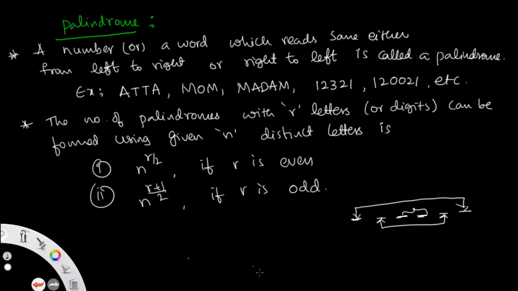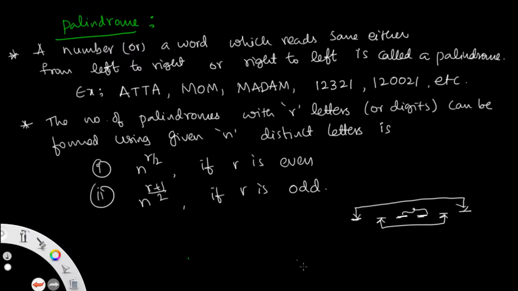When repetition of things is allowed, any number of times, it is n to the power of r. The number of functions is nothing but the number of b to the power of the number of a. The number of surjections depends on the cases. The number of bijections is nothing but n factorial. And derangement: if the number of things is n and none of them occupies its same original position, it is called a derangement.